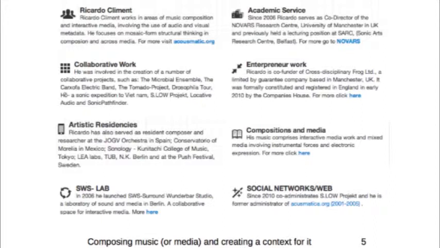So I've been at the Cuitlahuac College in Mexico, at the Conservatory of Morelia, Valencia, at the Lea Labs, Technical University of Berlin, in Berlin as well, and so forth. So in 2010, I started an independent lab in Berlin with two more colleagues, and I quite like the idea of working as an independent